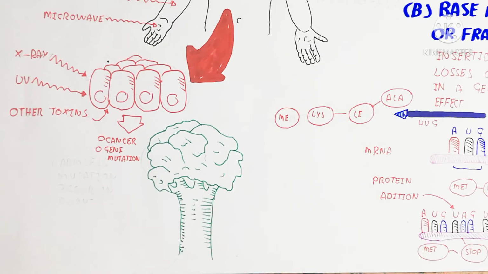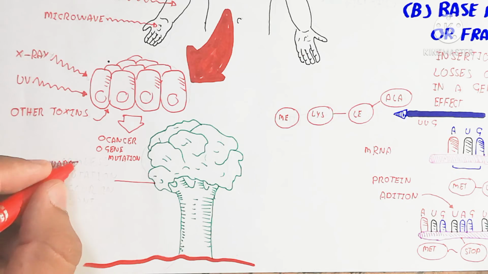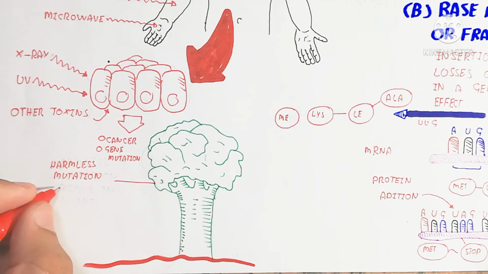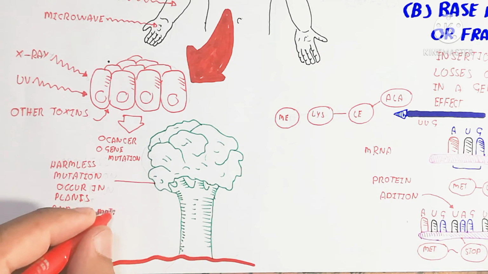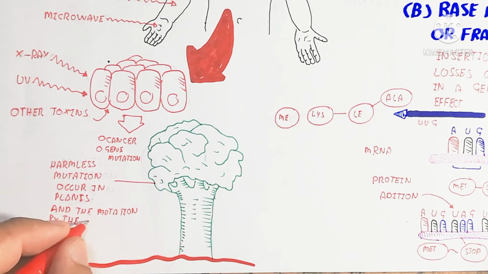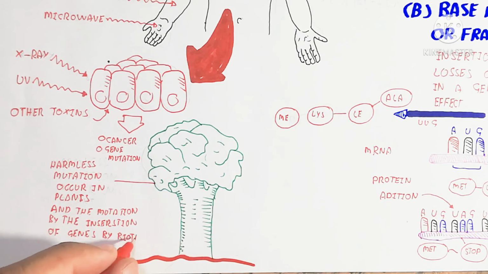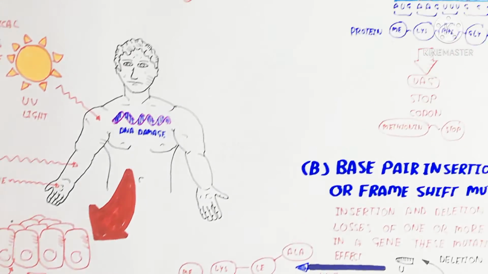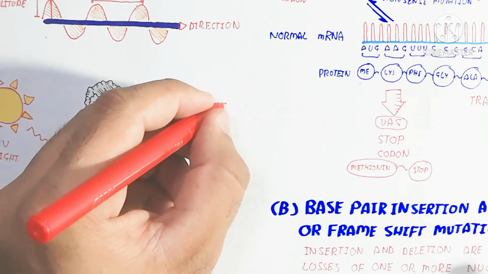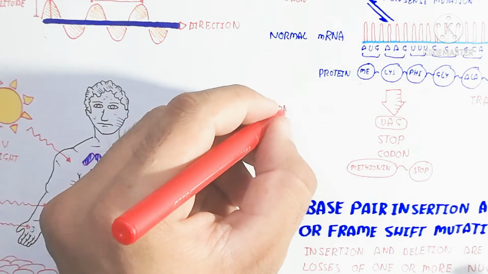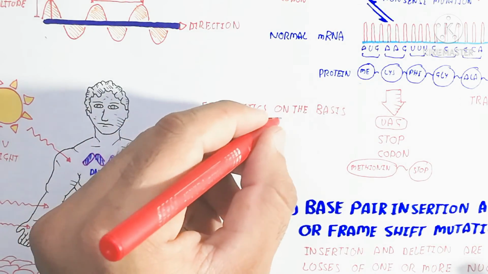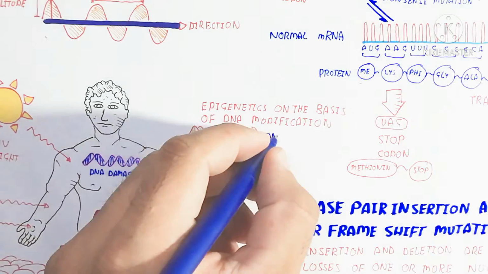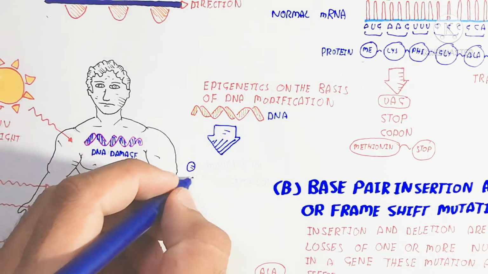So those are the mutagens, and a mutagen creates mutagenesis, while here X-ray, UV light and other toxins occur. So here is the plant, where a harmless mutation occurs in plants, and mutation by the insertion of a gene by biotechnology with our own selection to change the food product. So that is why harmless mutation in plants is important, to change the